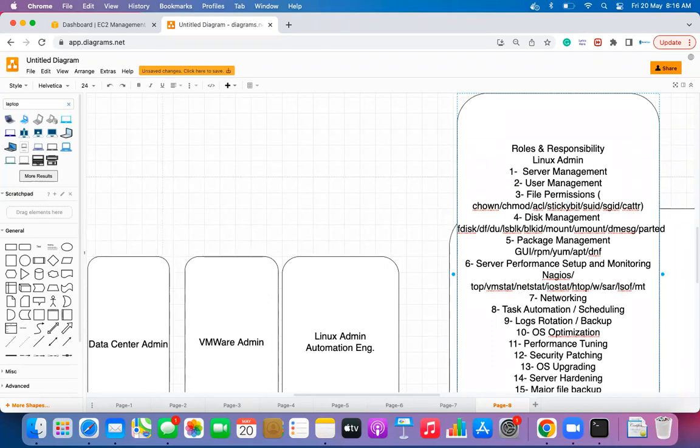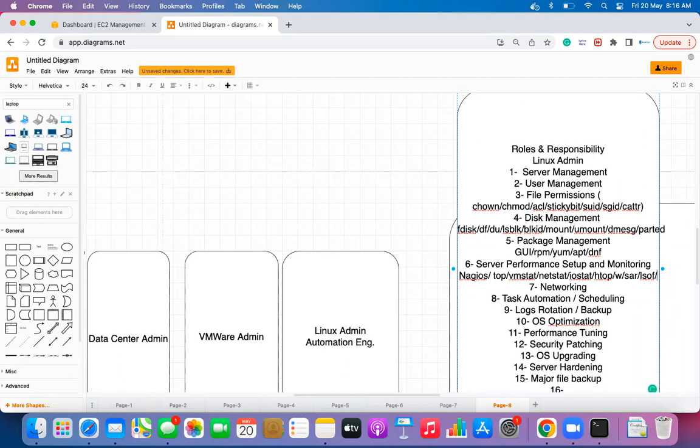That is mtr, that is for network monitoring. We will talk about network as well, but we will bring this command into that particular session. Okay, what else, guys? After lsof,